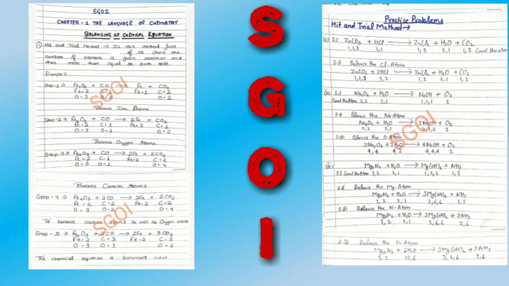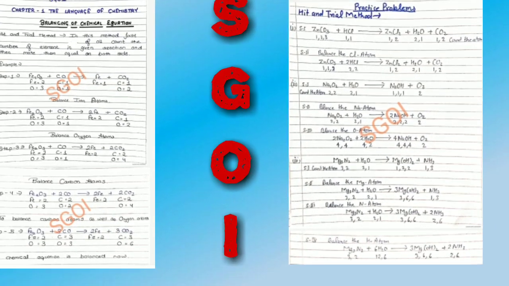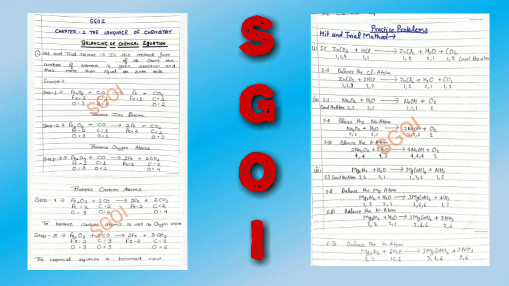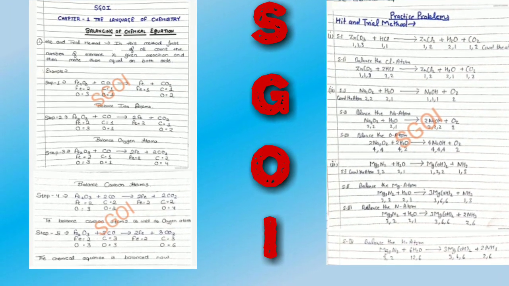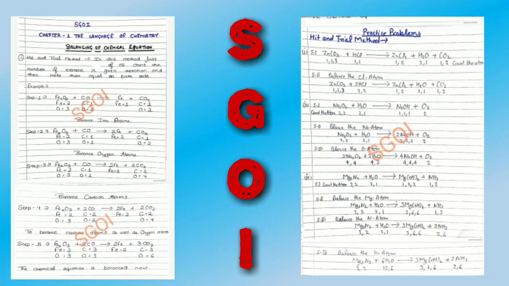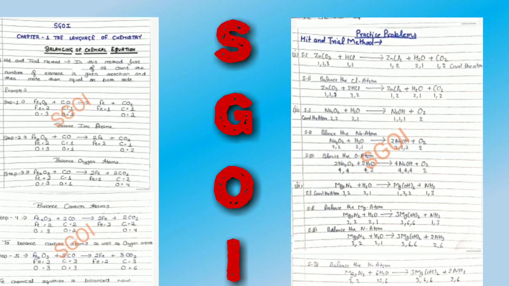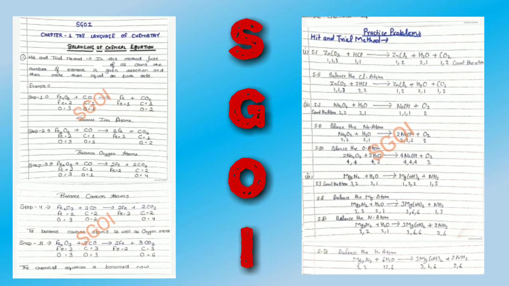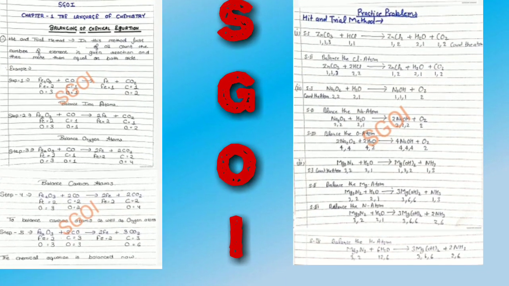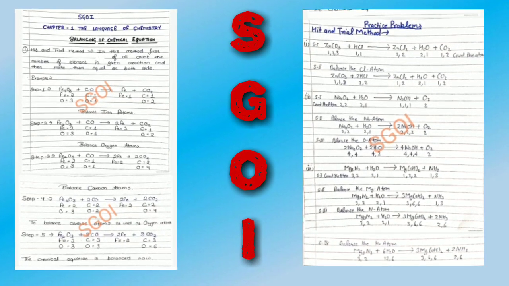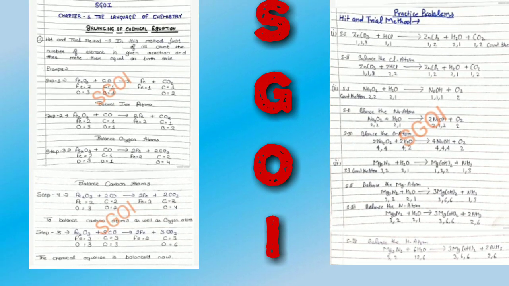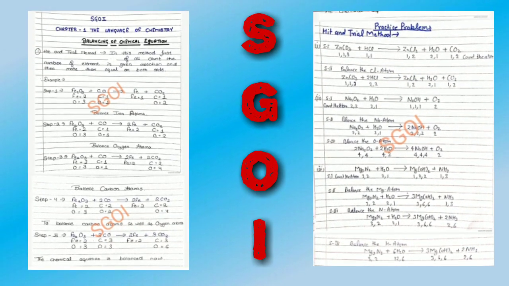Now in the third step, balance the oxygen atom. Count the total number of oxygen atoms: left side is 4 and right side is 2. So what can I do? Multiply 2 on the product side, so oxygen is balanced at 4. Okay. Now fourth step, balance the carbon atom. On the reactant side, carbon is 2 and now multiply by 2 on the product side, so carbon is also 2.